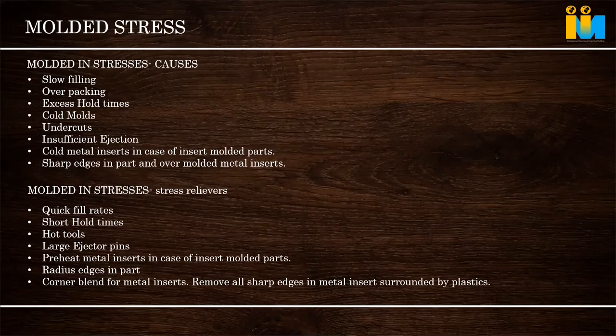And avoid sharp edges in molded parts, because what does a sharp edge mean? A sharp edge means it's a zero area. The edge is a zero area. There is no area. So whatever load is applied on that edge, the zero area is going to get all that load. So area is less, pressure is more. Then a fracture happens.